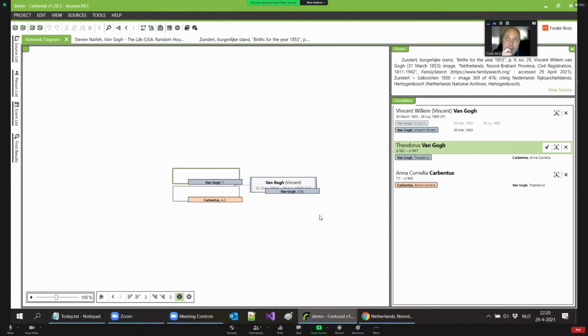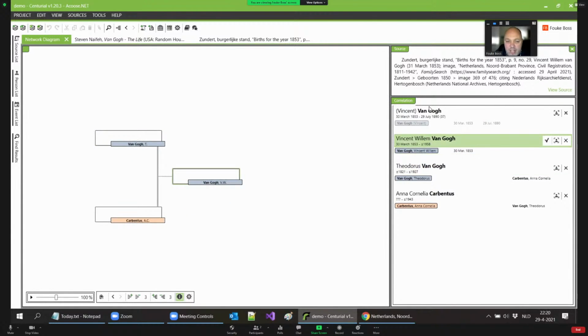Or account for them? Well, in the end, what it does is it tries to match, and if it matches, then it does, and if it doesn't match, then it will not correlate them. The interesting thing is that after that you can improve the correlations manually, if you like. So if you think, well, Centurial didn't understand, or I think they are the same person, then you can update that manually. You can start dragging these things around if you like, creating different people. So, for example, these two were now combined. But if I say let's make a separate person, then all of a sudden I have two Vincent van Goghs.